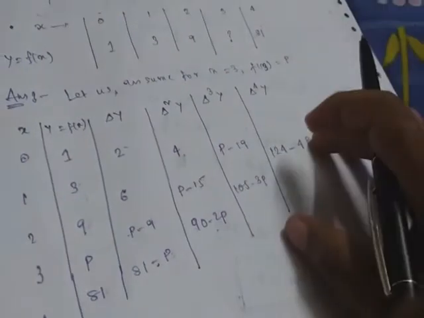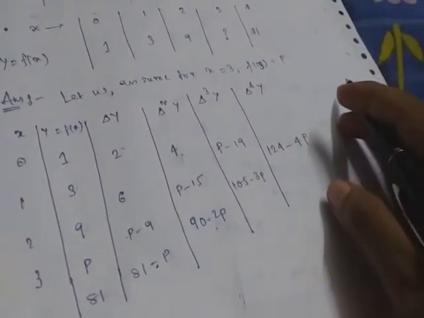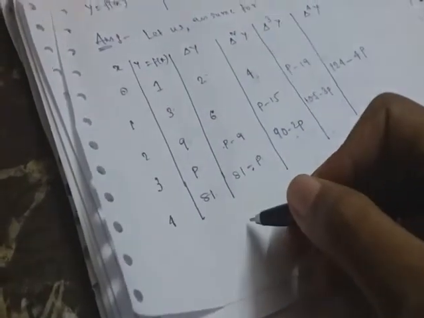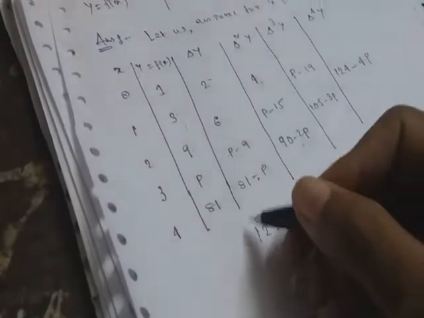So del of any constant is 0. We discussed this in the properties section. So here it became entirely constant, so if we further differentiate it, it will become 0. We will use that property only, and we will say that 124 minus 4p